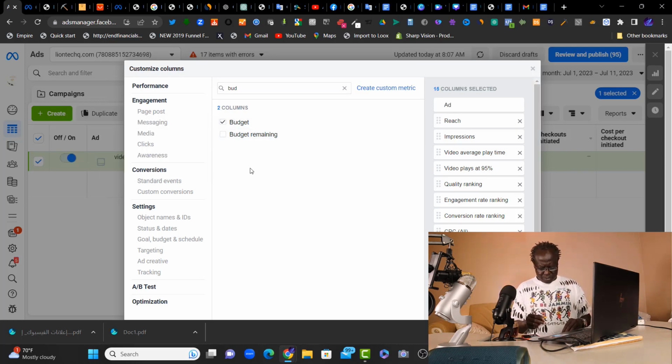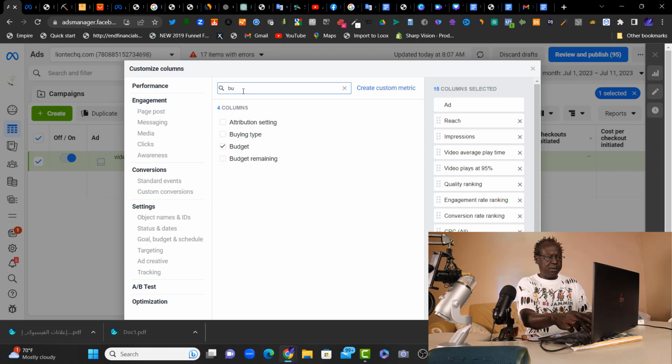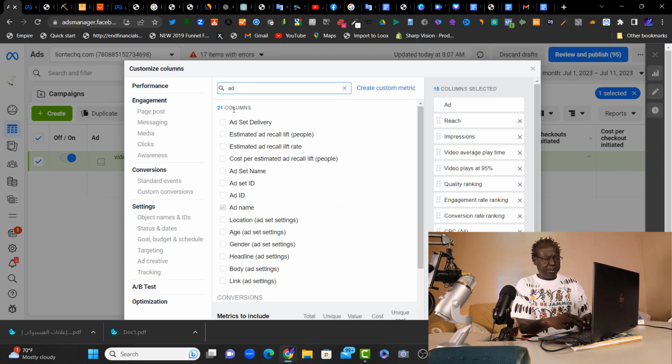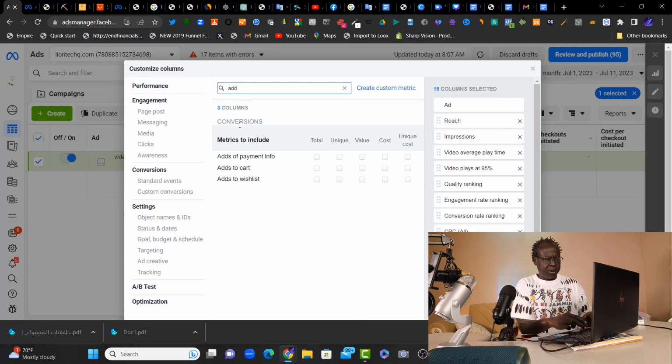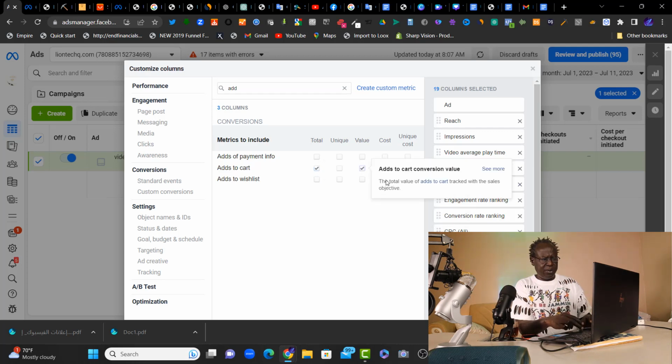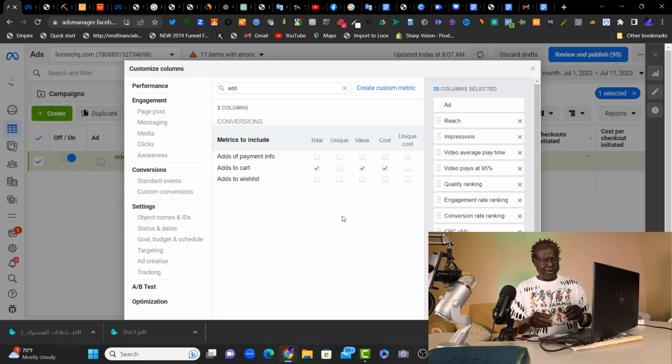Then we can add. We have budget, we have checkout. And then before I add to cart, add to cart right here. Add to cart right here. Yep, add to cart. Value. Cost. We got add to cart right there. And then we have